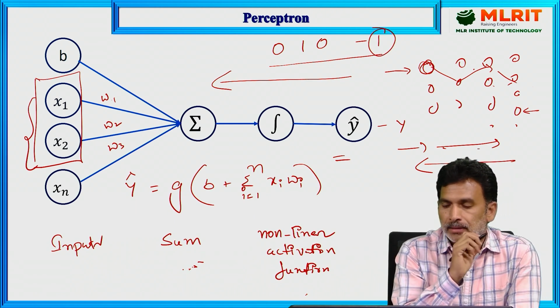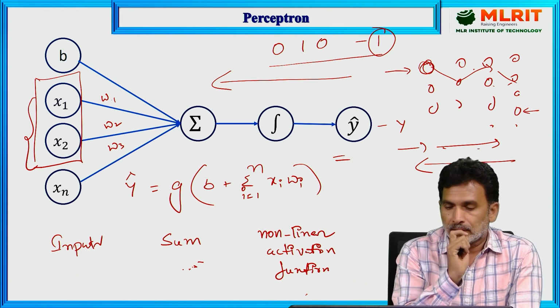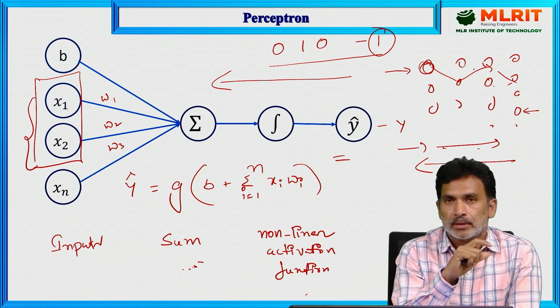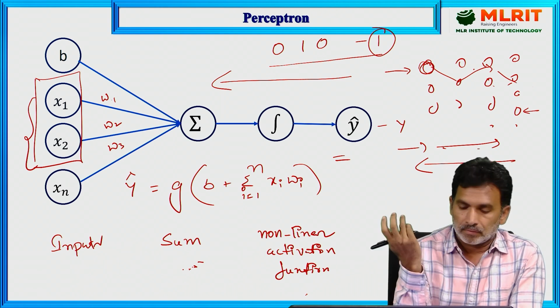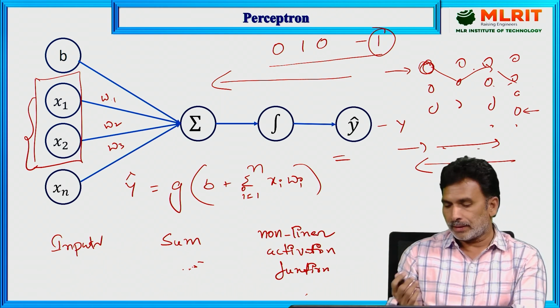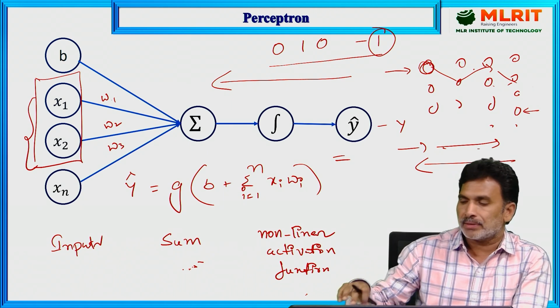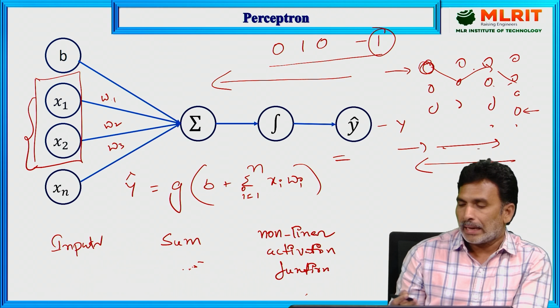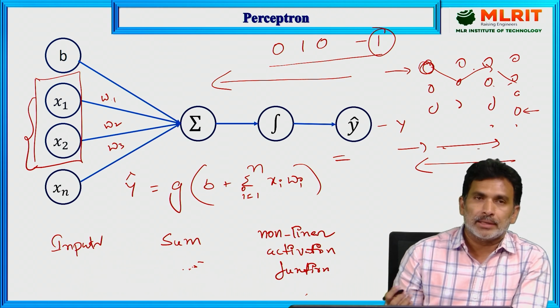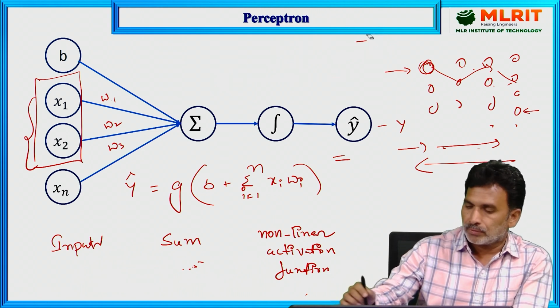That error needs to be minimized or nullified so that we can build a perfect model that will accurately predict the values. So this is the way we can design this perceptron, that is, we can represent a logic gate like the OR gate. And suppose you take an AND gate, if you take the example of this and its truth table,